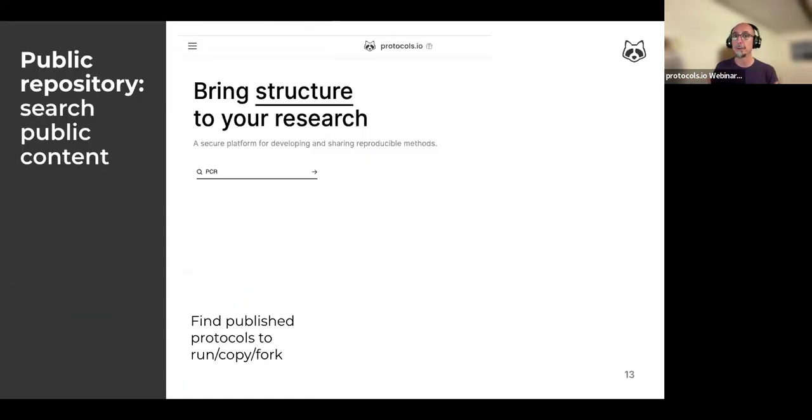And when you come to protocols.io, you can search directly if you want to look for specific protocols that might be useful to your research. And these protocols can be run directly, or you can create your own forks or editable copies of someone else's published protocols, which you can then tweak for the equipment you have in your lab or for a different cell type, for example, which might save you a lot of time and energy because you will have all the comprehensive details of the previous approach right there straight away.